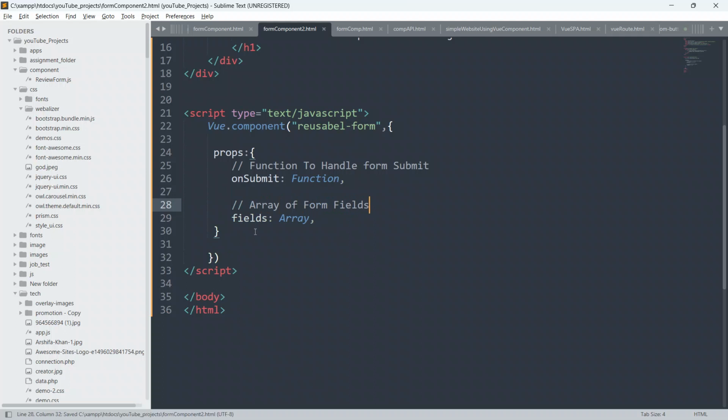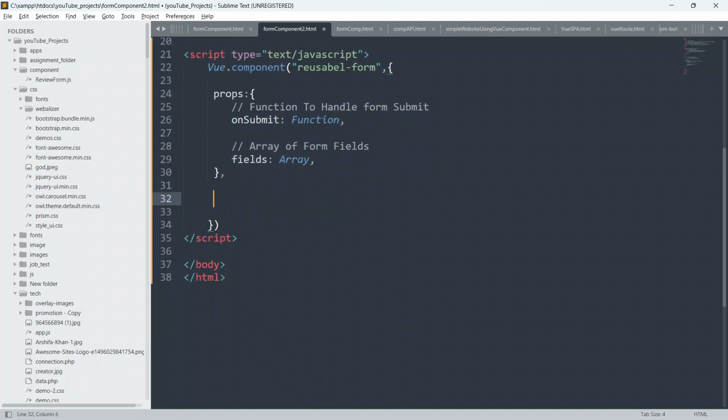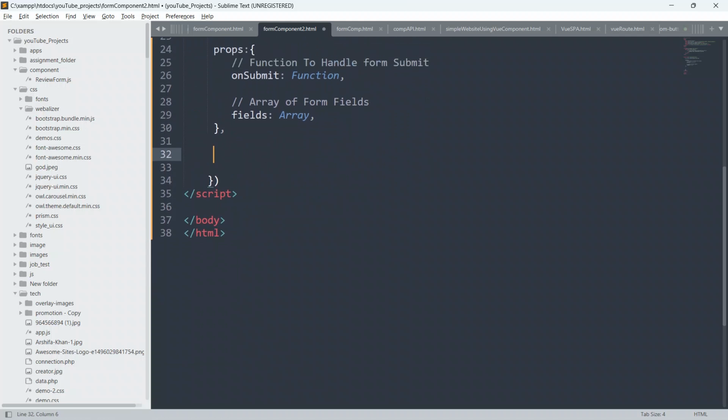So guys, now below this I will create our data function. So I will create a data function below this, and it will return all the properties. So we will give return and put open and closing curly braces, and inside this we can define our methods, our template.